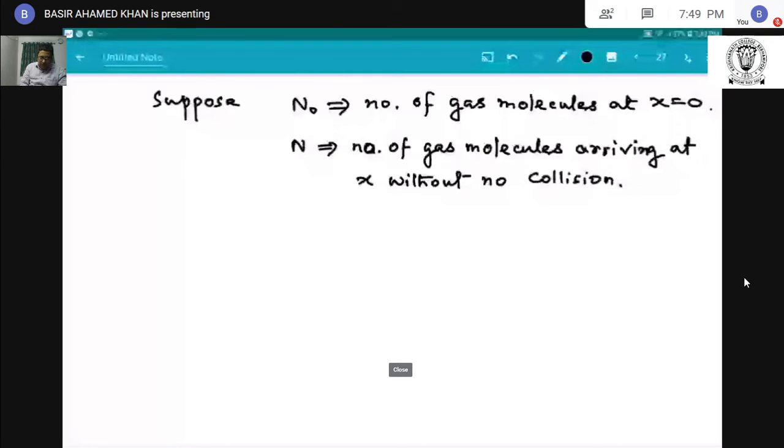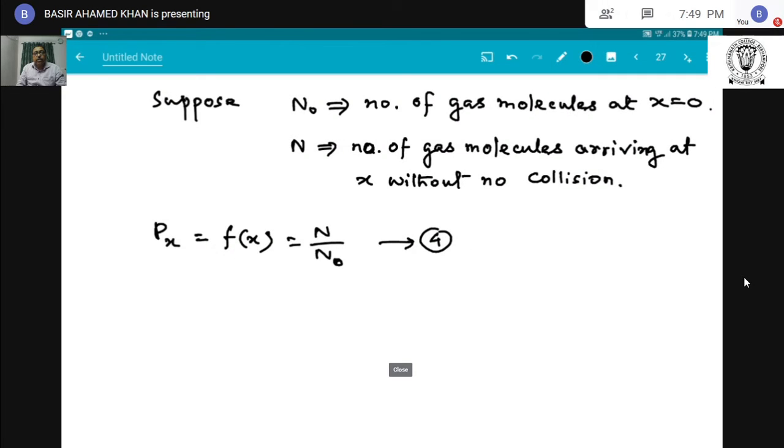Therefore we write P(x) equal to F(x) equal to n by n0. This is equation 4. n0 is the number of gas molecules at x equal to 0 and n is the number of gas molecules arriving at x without collision. That means probability P(x) equal to n by n0. Then